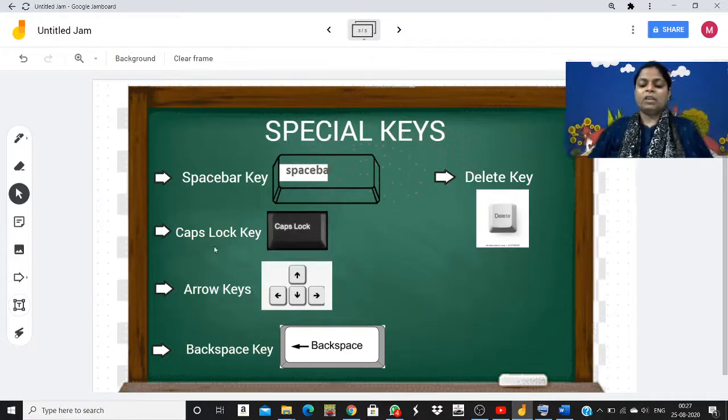Now, arrow keys. Arrow keys help us to move up, down, left and right. There are 4 arrow keys to go 4 sides. I will show you on the keyboard also. Now, the backspace key. Backspace key erases to the right. Okay, this helps you if you have typed anything wrong, you want to erase, it will erase from the right. Sorry, to the left. And the delete key will erase to the right. Delete key also erases and backspace key also erases. Okay, now children, let me show you the keyboard.